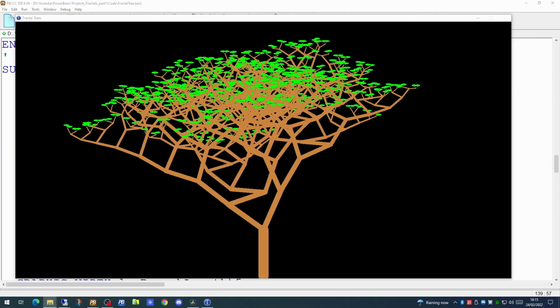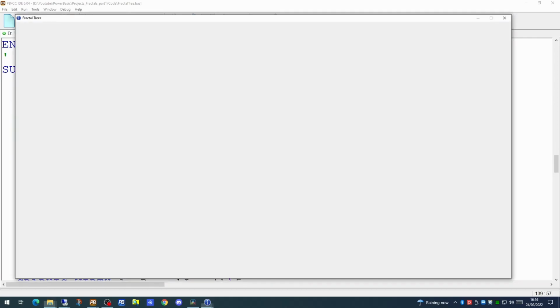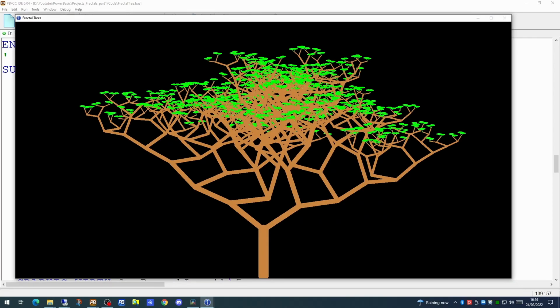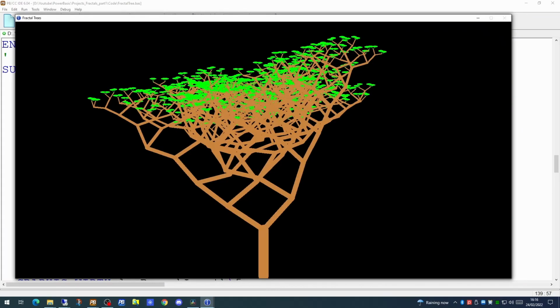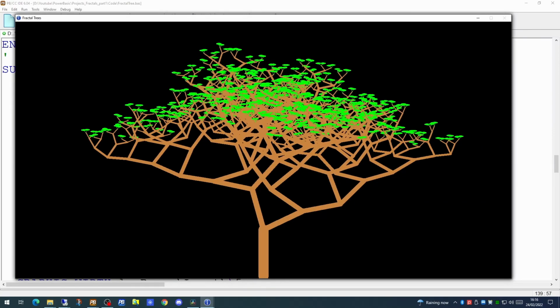So with very little code, we have generated something that does appear certainly tree-like. It's not a textured or 3D rendered image, however, it does actually tell us how this kind of code will work. If we try running the application again, we will get a tree which is not exactly the same, as we're using some random routines to generate it, but we do end up with things that do basically look tree-like. And it's using a very simple recursive routine to perform this task.